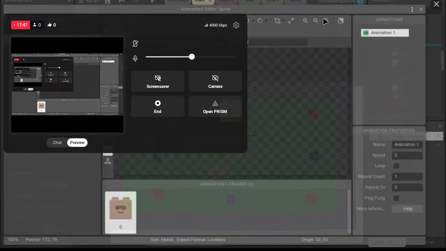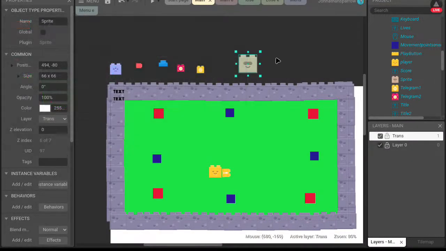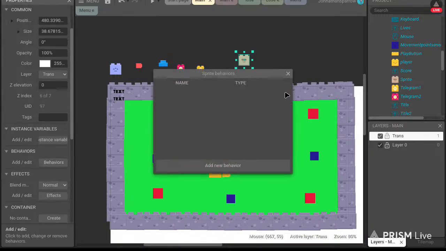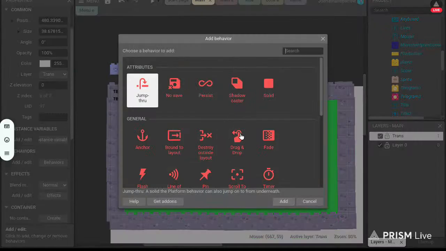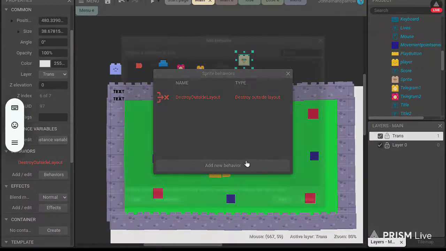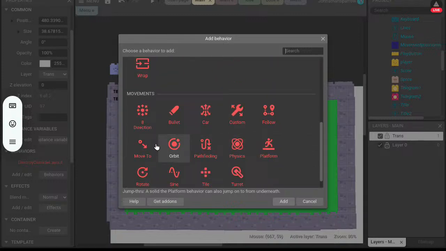Like, that's my only thing. So there are two behaviors I want to add. I want to add a destroy outside layout, and I also want to add a move to.